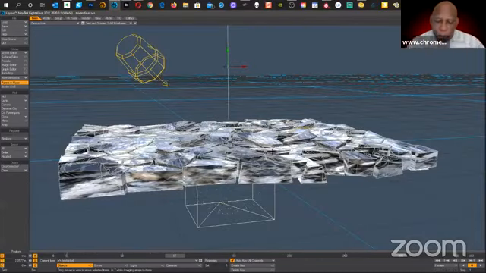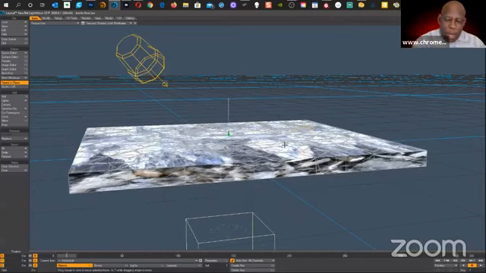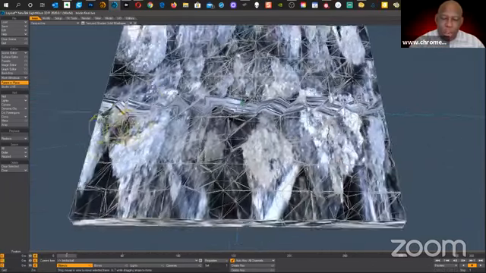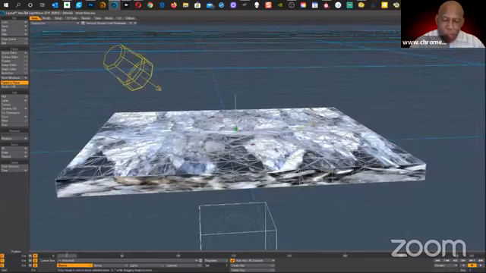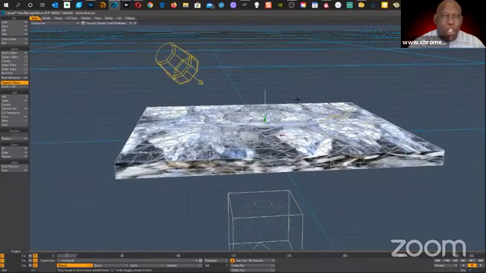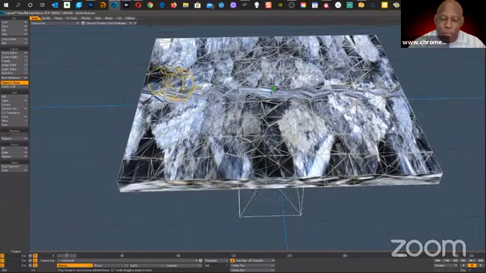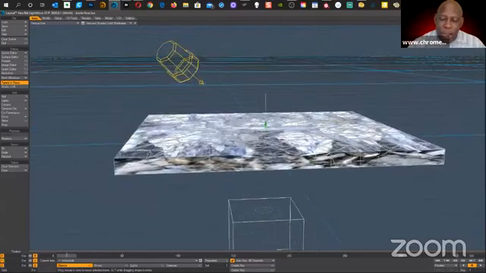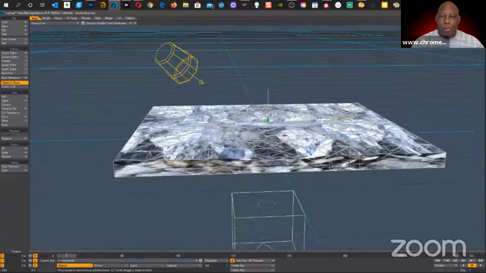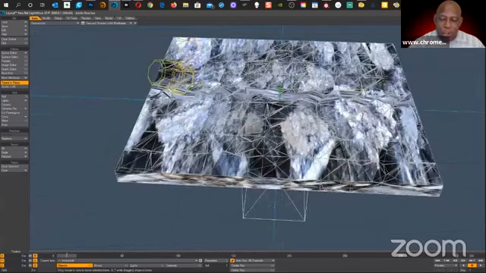Okay, cool. So I created an animation based on physics. I took a flat box, and then I told Lightwave to take that flat box and fracture it up into pieces of glass or rubble or debris, whatever you want to call it. And in this example, I told it to break it up into 100 individual objects. So it's fractured up. We know that because we can see the fracturing in there.